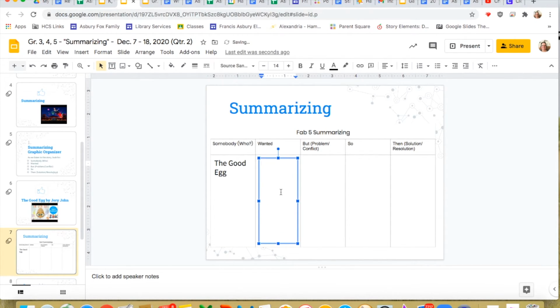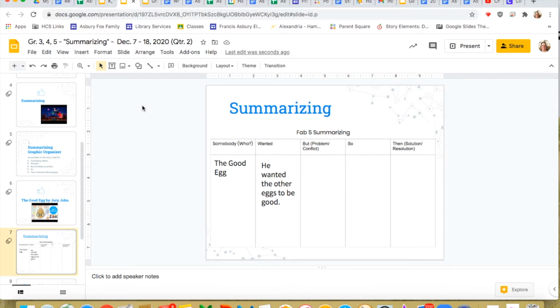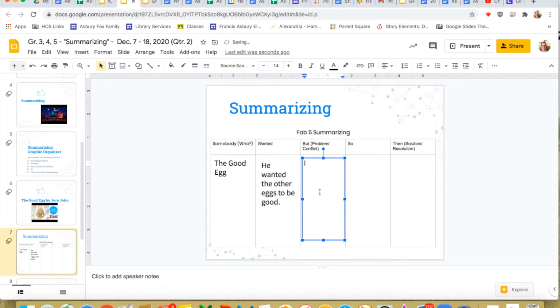He wanted the other eggs to be good also. Okay, so somebody was the good egg. What did the good egg want? He wanted the other eggs to be good. But what was the problem? The problem was that the bad eggs didn't want to be good.